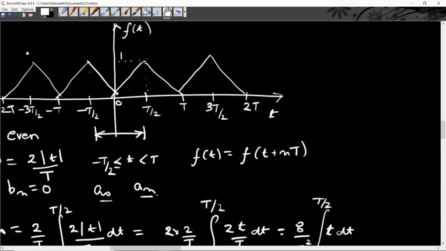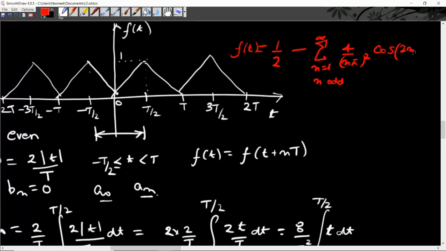To sum up, this triangular wave depicted in this figure can be expressed by this Fourier series, where the constant term is half, and then I have summation over n, and we have only the odd terms in this summation, 4 over n pi squared cosine 2n pi t over the time period